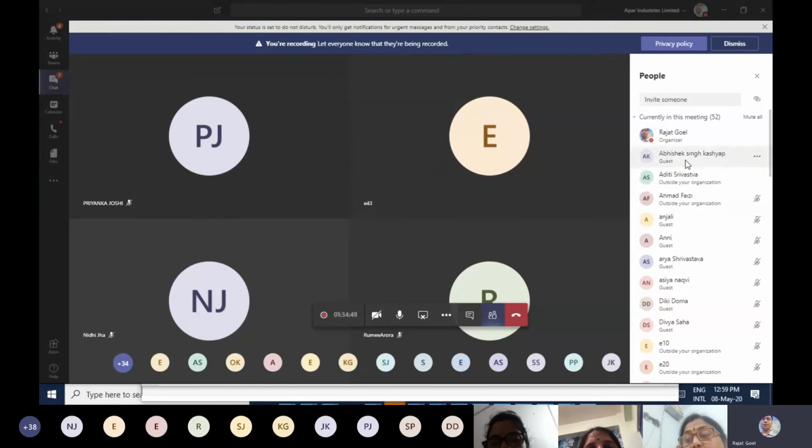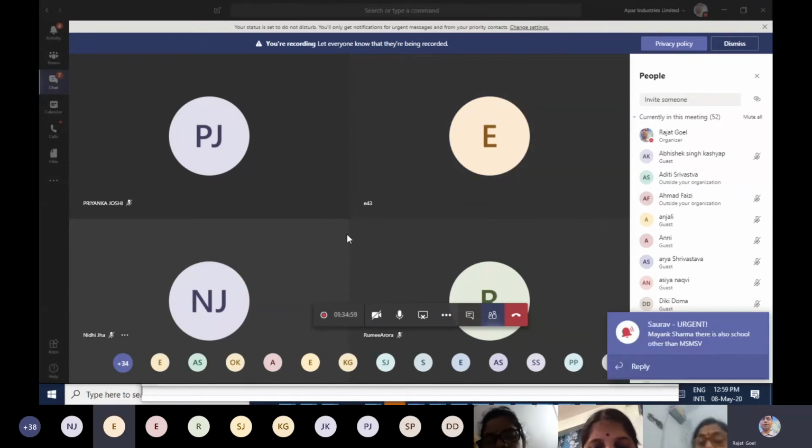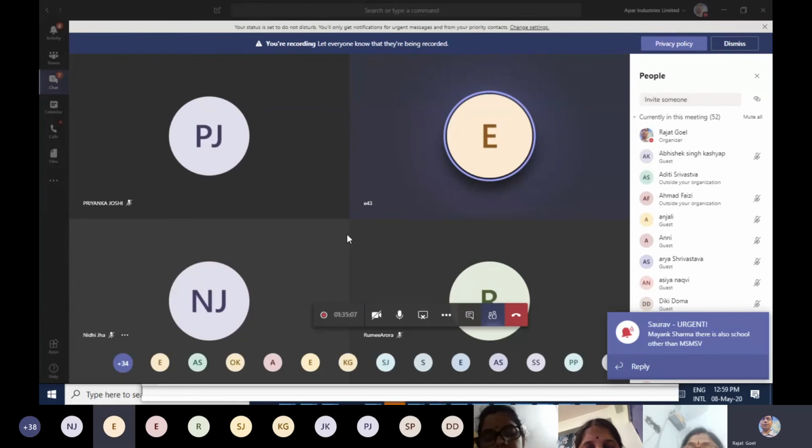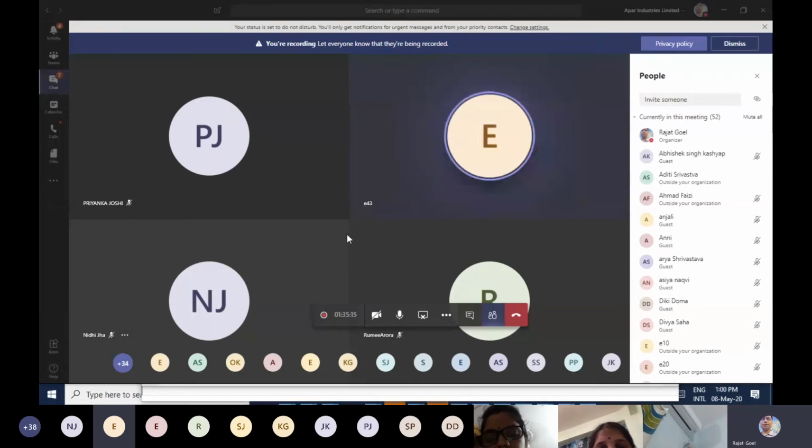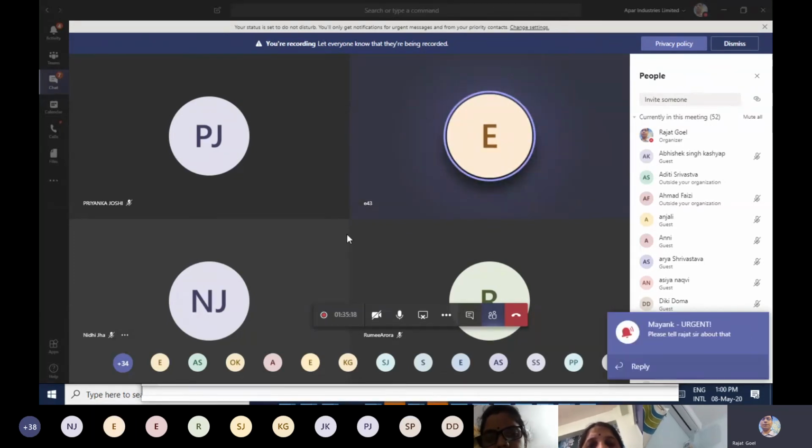This is one difference. Second, the people who have the label guest joined this meeting by following the link and not logging in to Microsoft Teams with any credentials. They just followed that link. The link must have opened in the browser, and they joined by clicking the web instead option, put their name in the join dialog box and then clicked on the join button. This is how they could join this meeting.